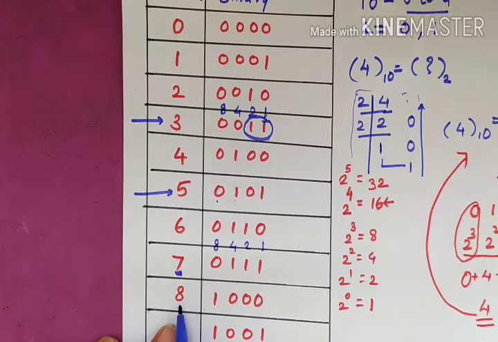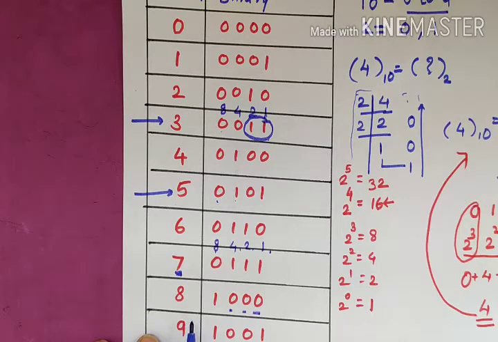What about 8? See, in this 8421 code, 8 is at the MSB place. So you have to represent only 1 in the binary, and for 4, 2, 1 it is not necessary to write 1. So write only 0 for these 3 digits. Okay, so this is the equivalent binary of the given decimal 8.